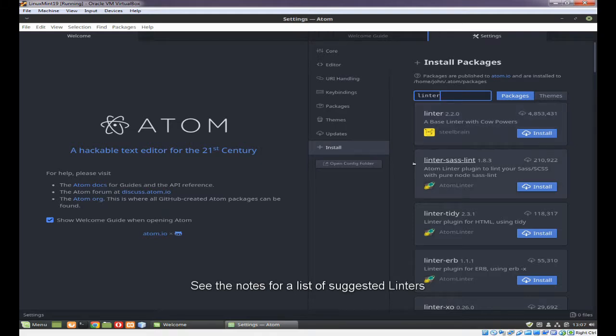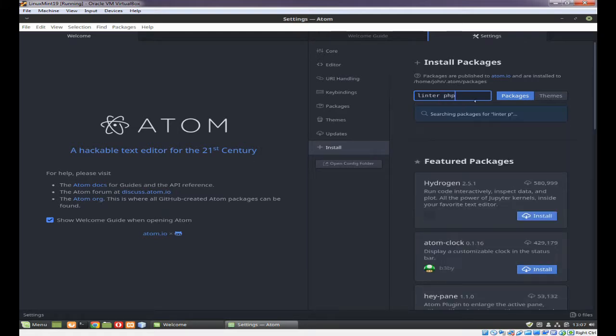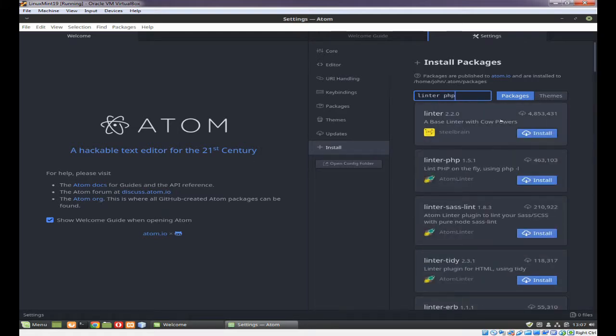something like a ESLint as well, and you'll also want to put in Linter-PHP, okay, which is that one there. Yes, Atom Linter here. Okay, so you'll need Linter, Linter-PHP, probably the Linter ESLint, Linter-JSHint, and those are probably the other ones. Okay,